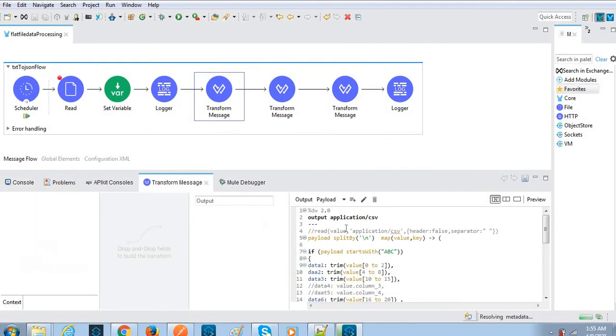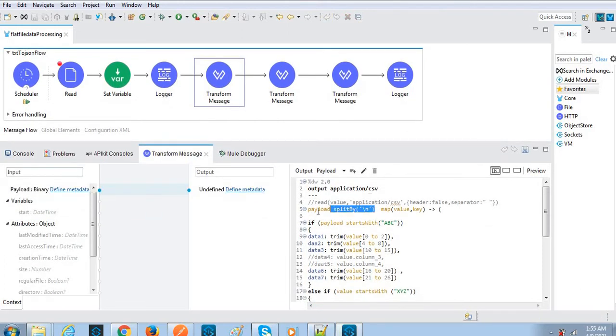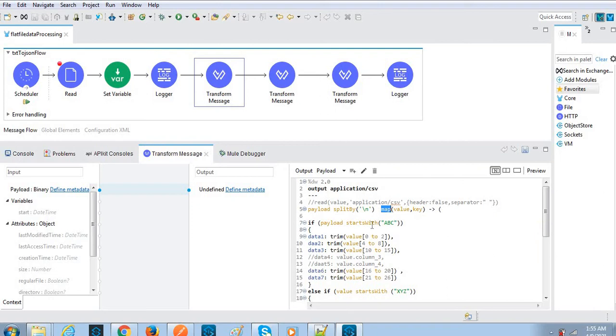DataWeave. Here we are splitting the data by new line and applying the map function on the payload. If the payload starts with ABC, we capture from index 0 to 2 and store it in the data1 field, and for the data2 field we take the value from index 4 to 8, and this one is 10 to 15.